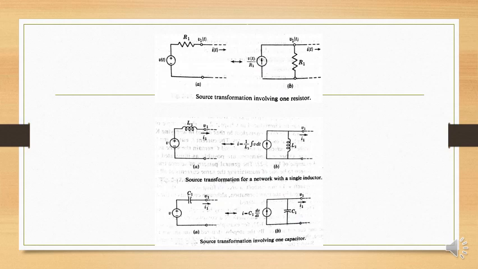Now, what are we going to do if we have to transform our voltage source into current source in the presence of a resistor? If a resistor is present in series with a voltage source, then we will divide the voltage by the value of that resistor, and the value obtained after division of voltage with that resistor R1 is the current source, and the resistor must be connected in parallel. This is what we call source transformation.